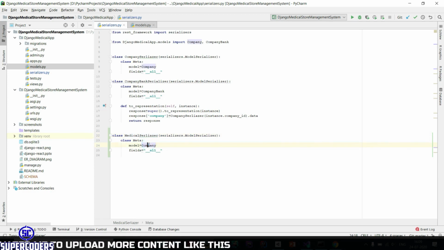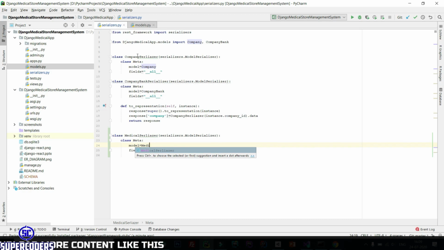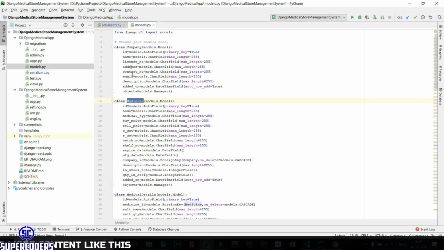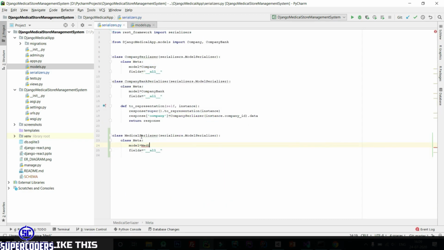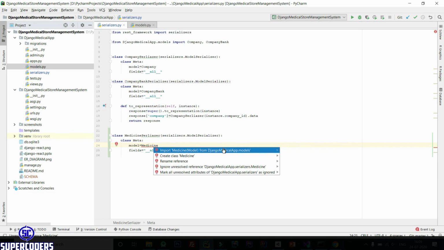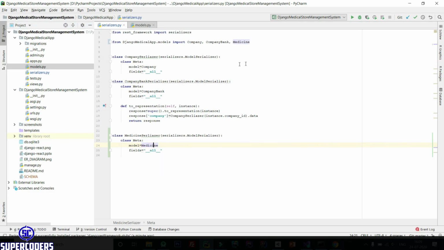Also change the model name to medical. Let's see what this is: medicine. So change this to medicine serializer. Change this model name to medicine and import medicine by clicking add plus enter and selecting this. So you can see medicine has been imported.